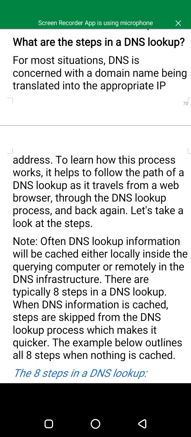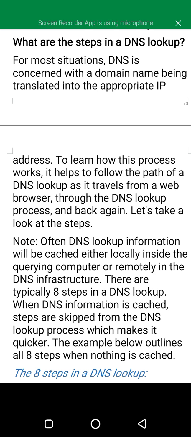What are the steps in a DNS lookup? For most situations, DNS is concerned with a domain name being translated into the appropriate IP address. To learn how this process works, it helps to follow the path of a DNS lookup as it travels from a web browser through the DNS lookup process and back again.